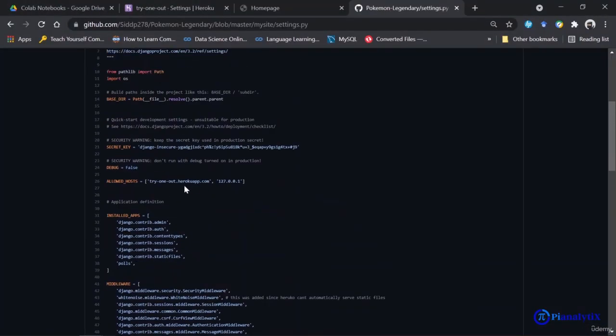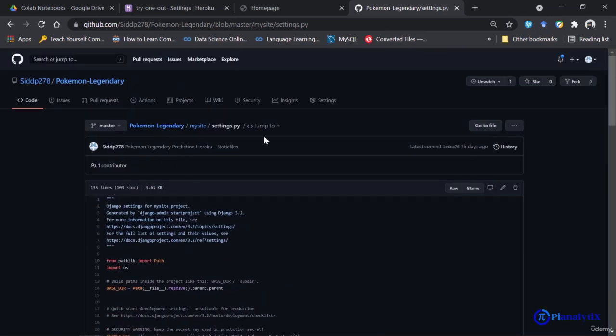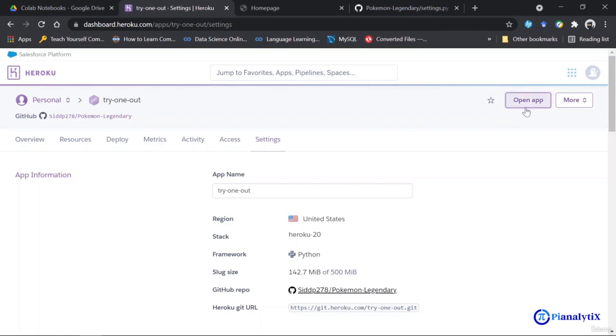So you can make changes here after you have built a new app and use the Open app button to go to that app. The next thing, after you have made changes in your code and the final setup has been done, is you go to Deploy.